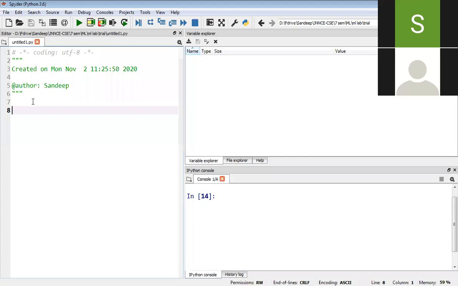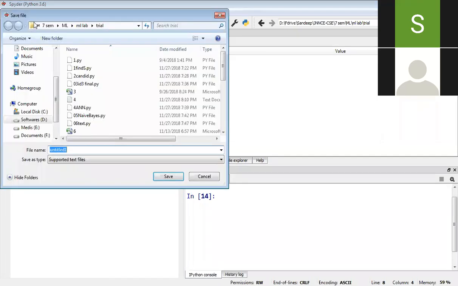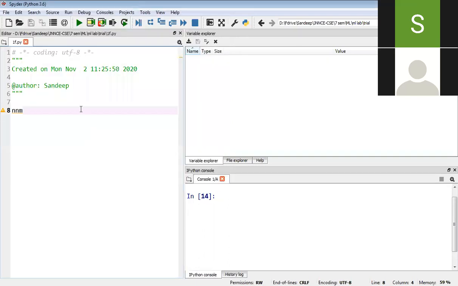Once you start typing anything, it will enable the save button. Just save the program. You can save it as finds.py or one.py or anything. Once you start or finish typing the program, you just save the file.